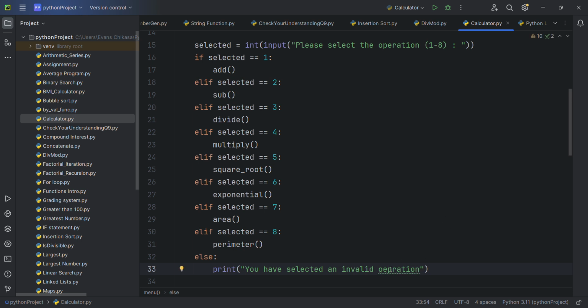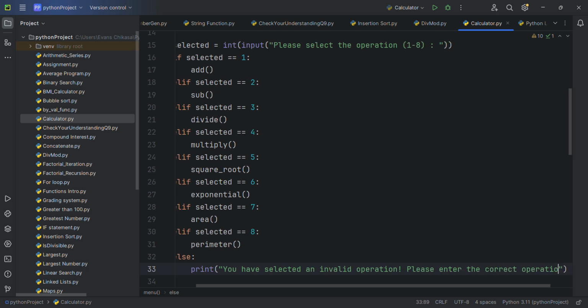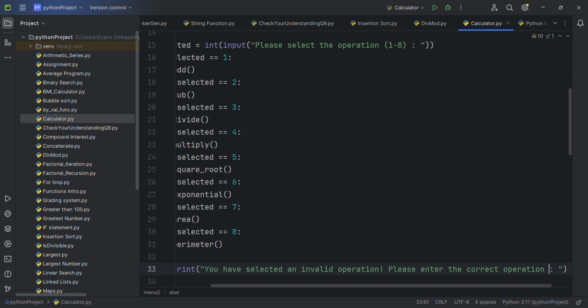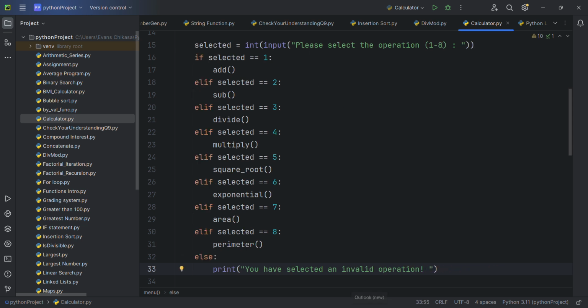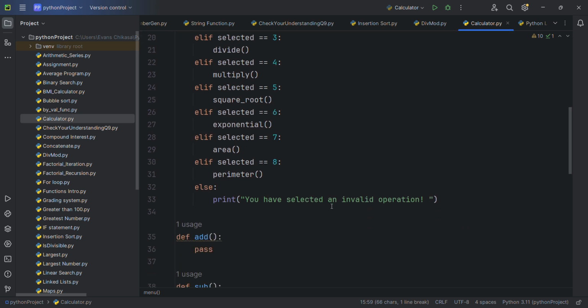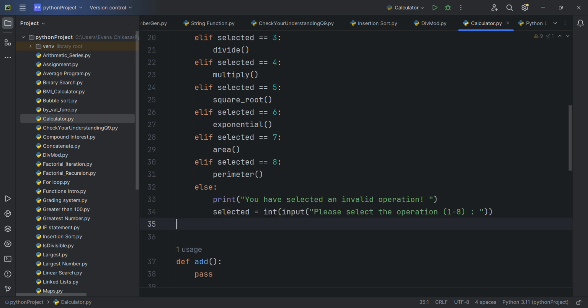You have selected an invalid operation, and we want the person to give us the correct operation. So let's spell operations correctly. Please enter the correct operation, and we'll give them an opportunity to enter that, and then we'll put the numbers again. Ideally, what we could do is to avoid typing too much here. Just select this same statement that you have here, and then just say, okay, you have entered an invalid operation. Please,